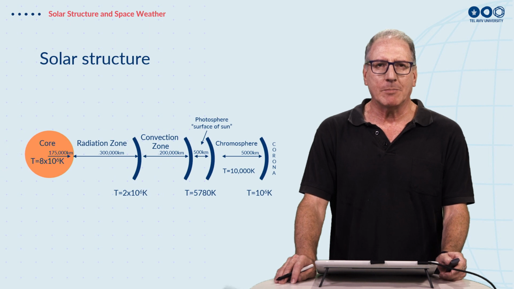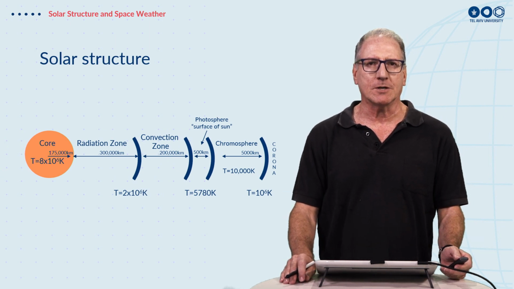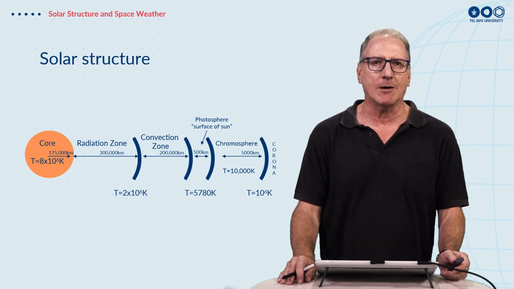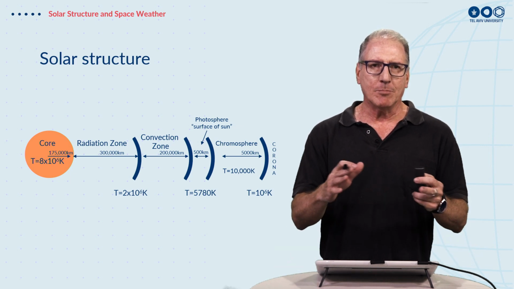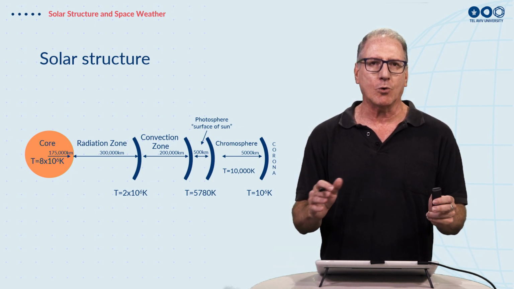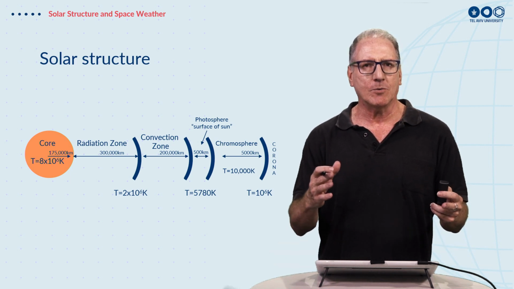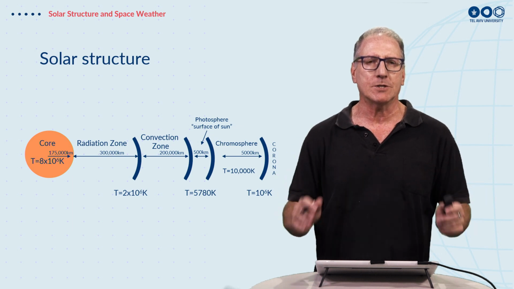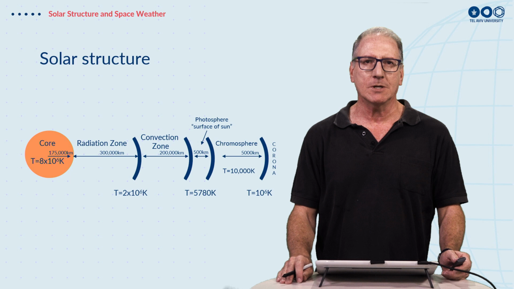So now that we've spoken about the evolution of the sun, let's talk a little bit about the structure of the sun. What do we know about what's inside the sun and how big it is and the different zones of the sun? Like most stars and even the Earth, it has a core in the center, and around the core it has an area which we call the radiation zone, where most of the radiation, or the heat, the energy, goes out in the form of radiation.